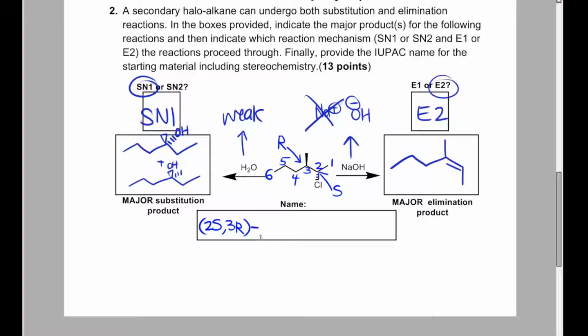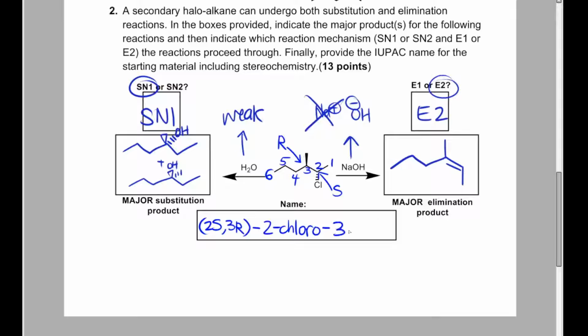The next thing we want to do is name the substituents. So we want to go in order of numbers, just like we did in this first part. And this works out nicely because chlorine will just naturally have the lower number of 2. And remember that it's not 2-chlorine, it's 2-chloro for the prefix of this name. And then there's another substituent here that we established as a methyl group, and it's at carbon number 3, so